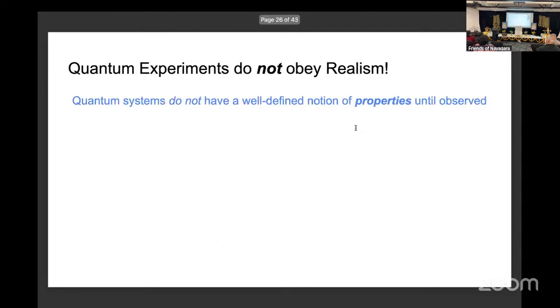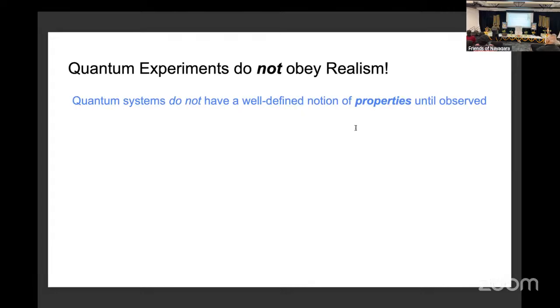So quantum theory describes all of these. But the remarkable thing about quantum theory is that if you do a quantum experiment, again, now let's remember what an experiment was. We define an experiment. It's like some preparation, some interaction with some observer. That's what an experiment is. It's not just the system itself. It's always that interaction, sort of that entire experience that is an experiment. If you take into account everything, a quantum experiment does not obey realism.